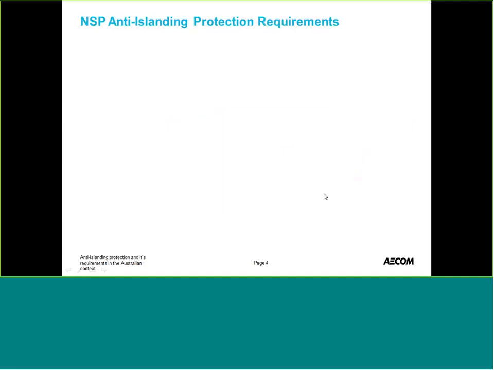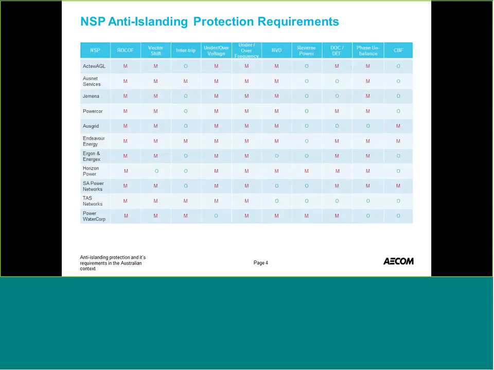So what we did next was we looked at the anti-islanding protection requirements that different NSPs have, and we pulled together a table just to see how they compare against each other. I think the main thing we got out of this was that the requirements do vary between the NSPs. The items that are in red there are the mandatory requirements, and then the optional requirements really depend on the application. So it depends on the voltage they're connecting at, depends on the size of the generator itself, and it's really addressed on a case-by-case basis.